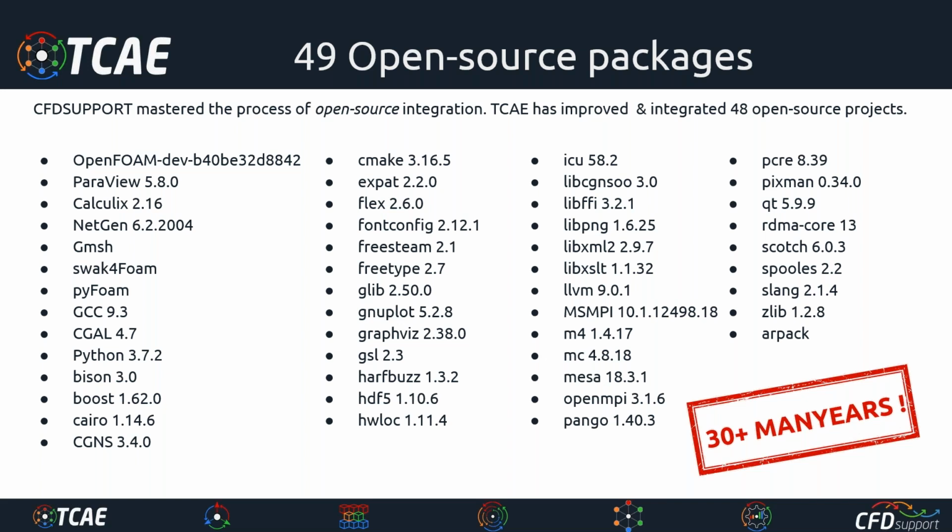Our large competitive advantage is that we are dealing with open source integration. We mastered the process of open source integration into professional CFD tools for the industry. Our software is based on 49 open source packages, and on top of that, we've spent more than 30 years in team development of them to make them available for the industry, what open source